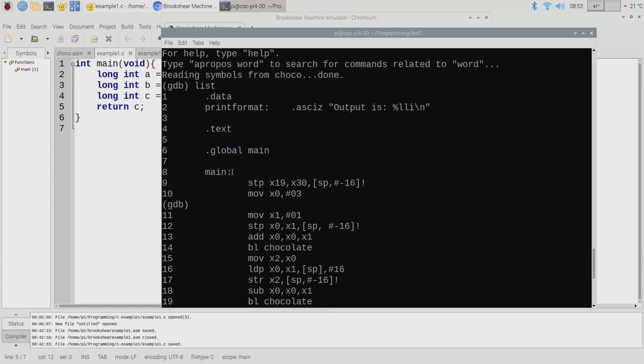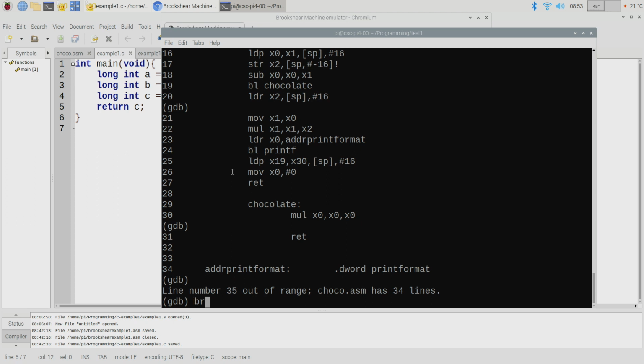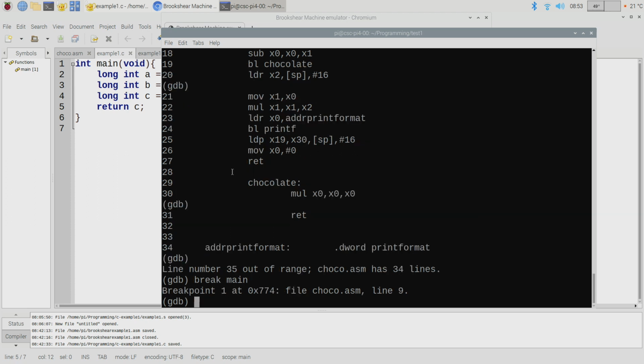Okay, great. So what I'm going to do is I'm going to type break main. And that's going to put a breakpoint in the file at line 9 in this case, but that's really the first line of the actual program because it's just data up above it. And then by putting in a breakpoint, what I can do is step the execution one instruction at a time, and we can watch exactly what's happening to all the registers.